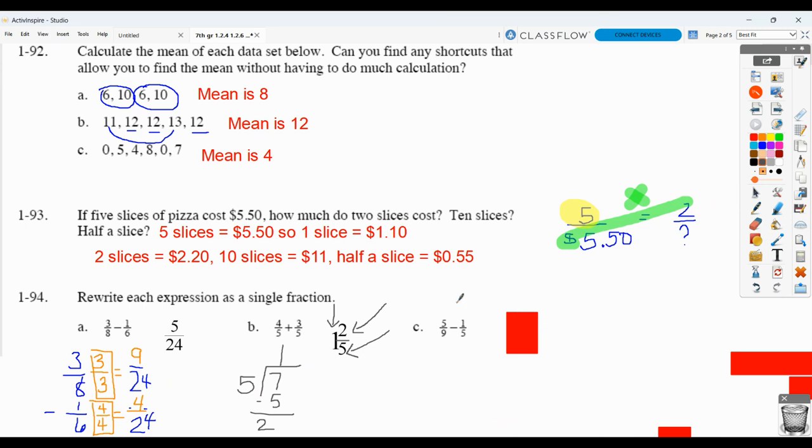For C, you would change to a common denominator of 45. And again, I should see the work, but this would end up being multiplying by a giant one of 5 over 5, which would be 25/45ths. This would be multiplied by a giant one of 9 over 9, which would be 9/45ths. 25/45ths minus 9/45ths gives you 16/45ths. If this could be simplified, show the work, but it cannot. So that is it for